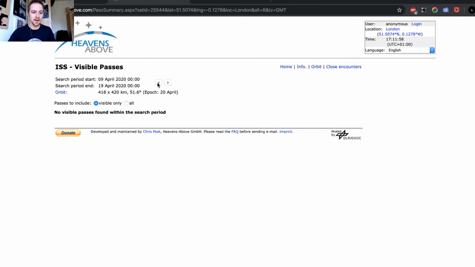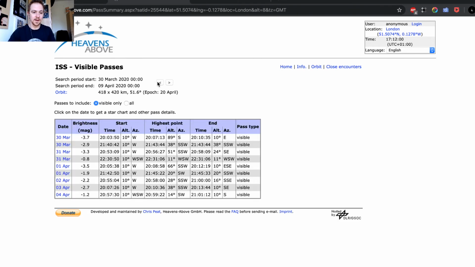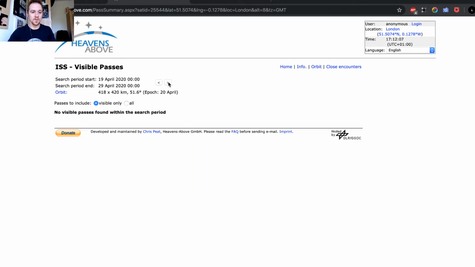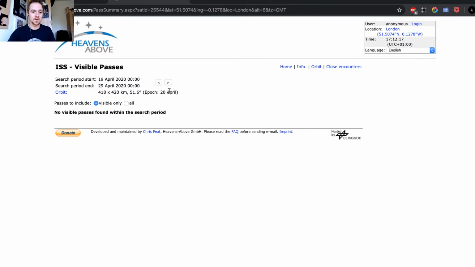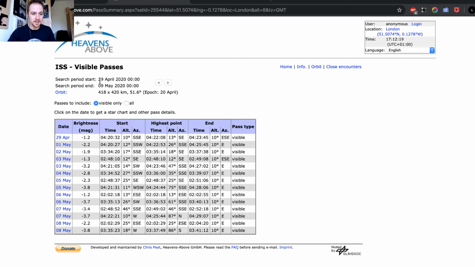If I go back, nothing. If I go back again, then you're gonna see the past events, flybys. And if I go a bit forward, these are the dates. It says between the 29th of April and May. So I'm not going to have anything until the 29th of April. So it's a good 10 more days to start.